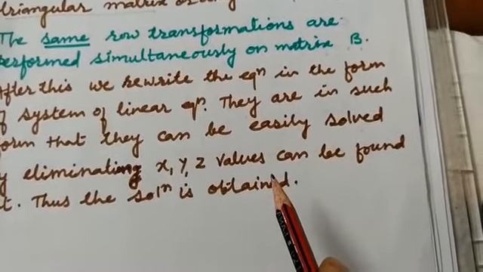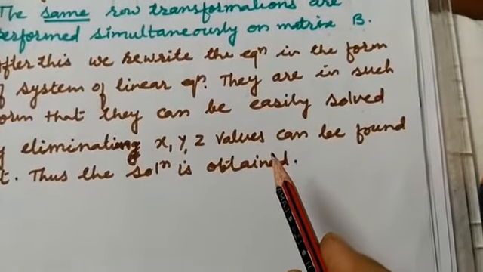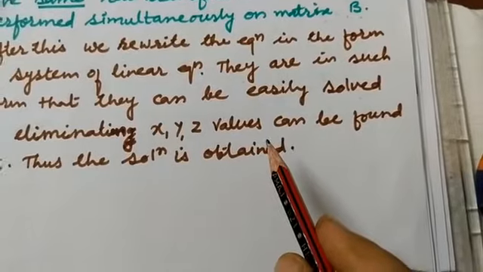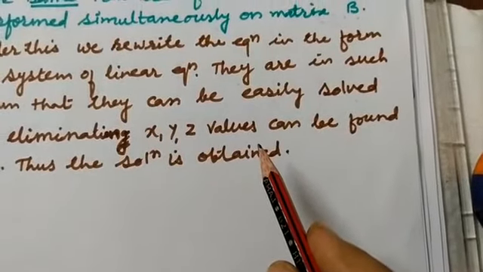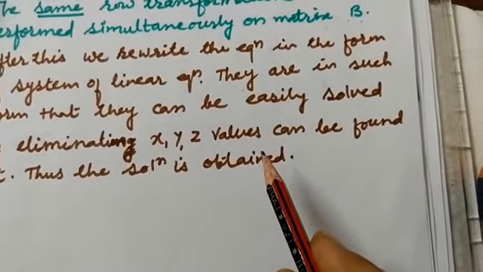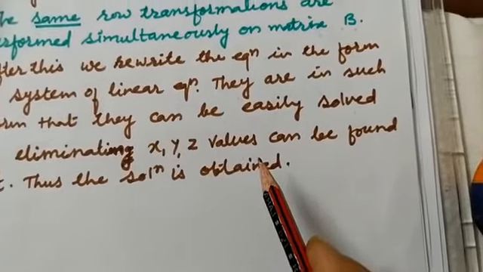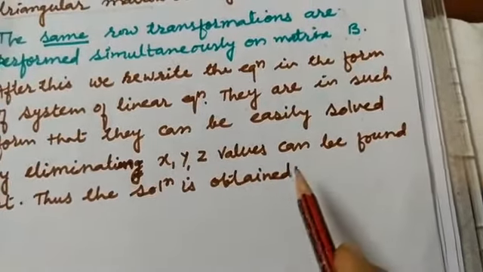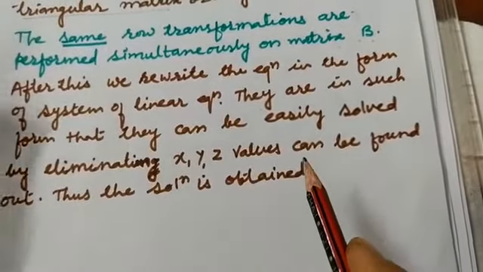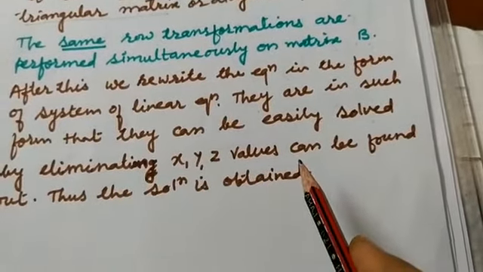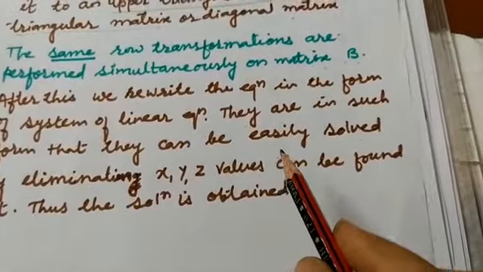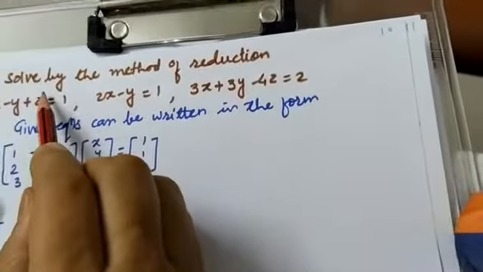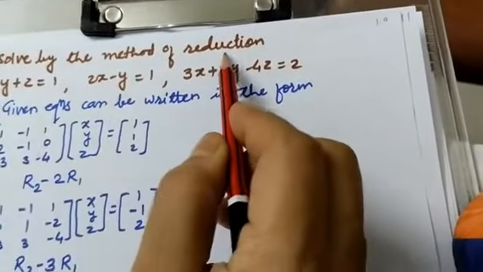You just remember the steps. The operations should be perfect and done in a proper manner. And remember the words again: upper triangular or lower triangular. While solving the problem, I will again say, see the position of the elements and how we can solve this problem. Actually, how to solve, we will see now. Come on. We will see now how to solve the problem by the method of reduction.